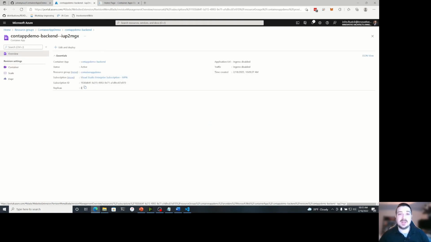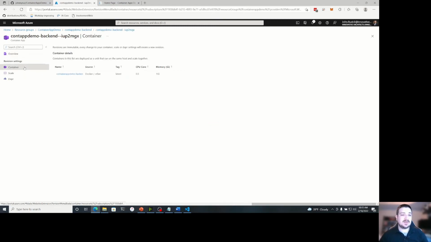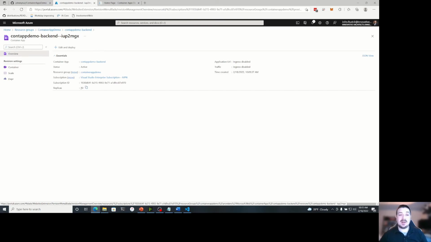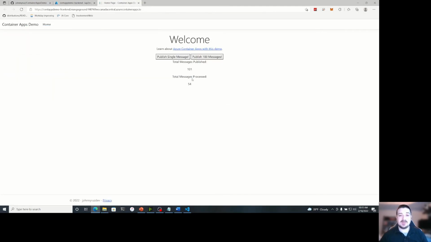I've got 8. And so the scaling will continuously double these until it hits the threshold or the limit that you've set for scaling is met. So if I go back, you'll see that I'm now up to 10 replicas, and it will stay here because my max replica count is 10. And so this will start processing and counting up. If I were to publish another 100, this would actually go a lot faster because I've got now 10 integrated.